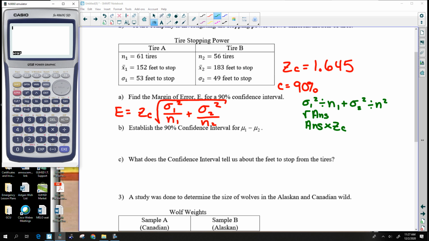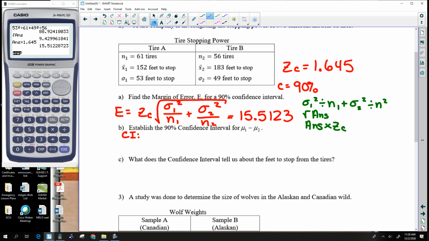Let's try that one more time. All right, that looks right. So our margin of error comes out to be 15.5123. Now we go to our confidence interval, which is x bar 1 minus x bar